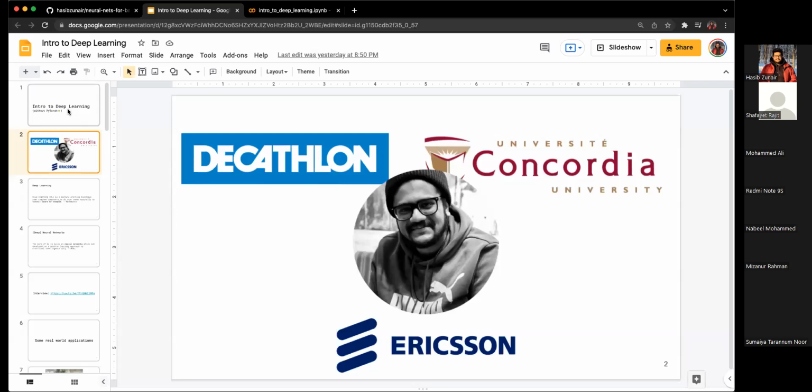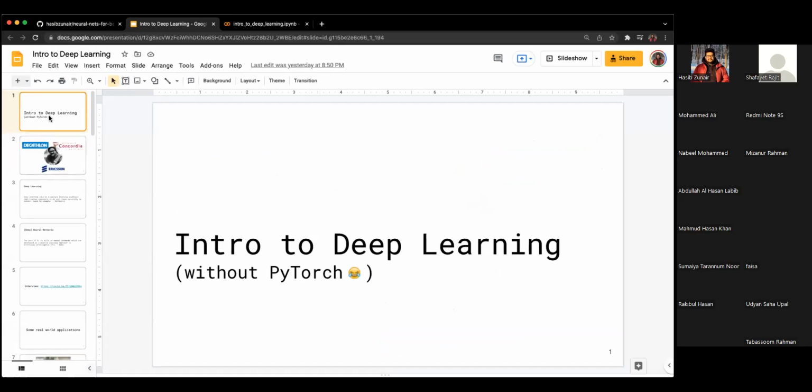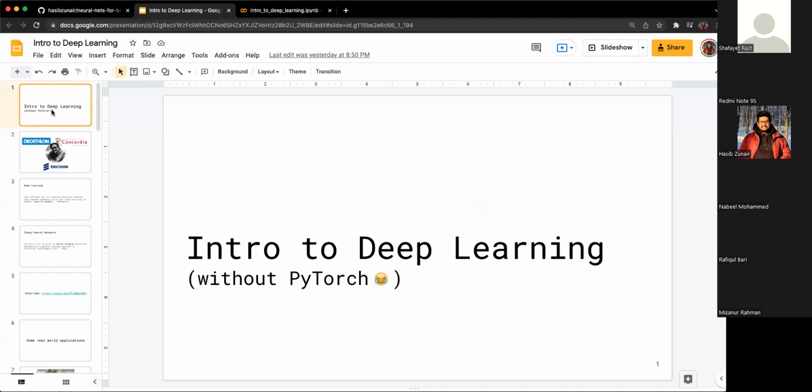Yeah, so today we're going to be looking at a really basic introduction to deep learning, and most of all the motivation behind it. Why would you want to learn this? What's the need for it? Where could you put this to use? Today's session would be mostly about motivating the topic, and then we're going to look at some really basic stuff on how to get you started with deep learning. That would be the main objective of today's session.